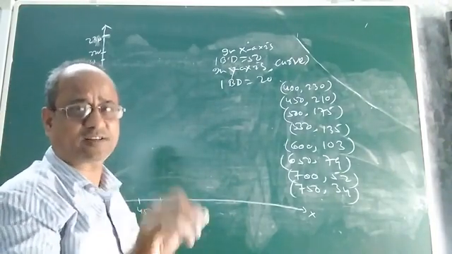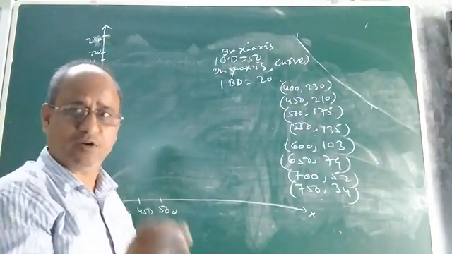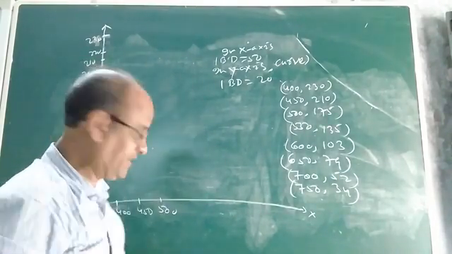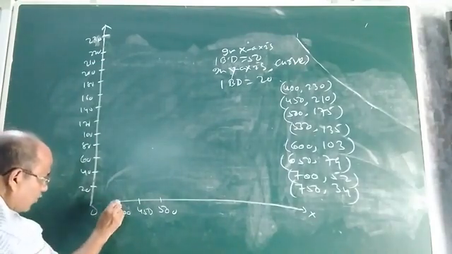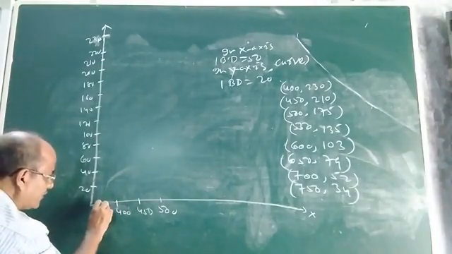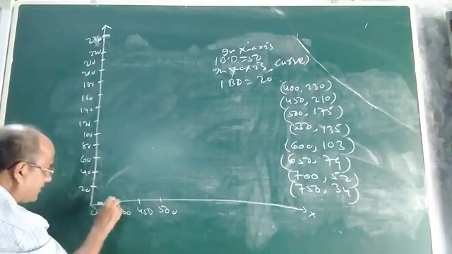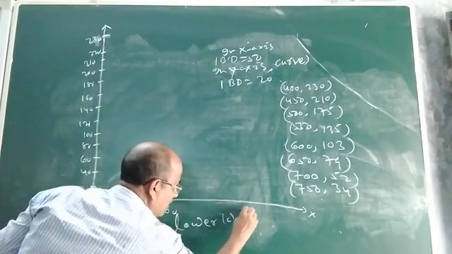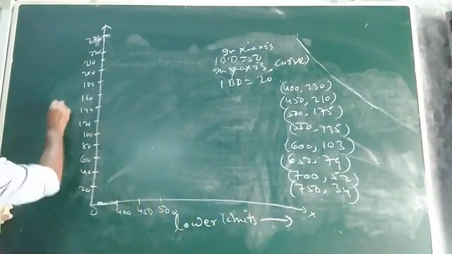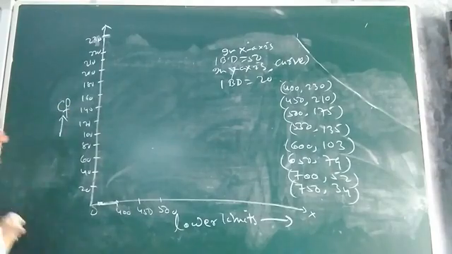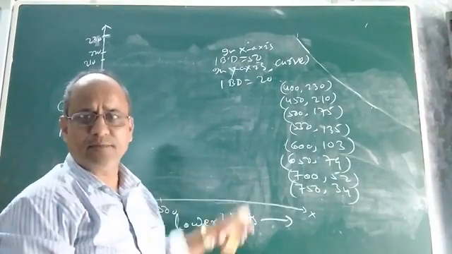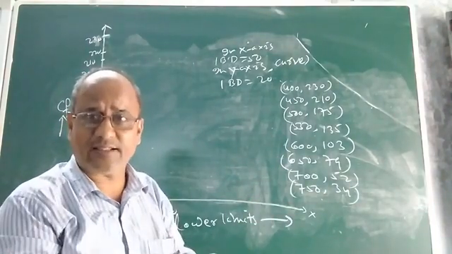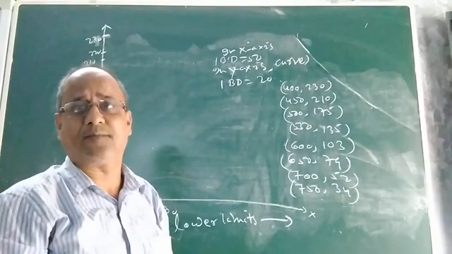And you know, if scale does not start from the origin, we have to give a kink. We already know it in statistics, I mean histogram, frequency polygon in class 9. So as the scale starts from 400, not from the origin, you have to give a kink like this. So these are lower limits. You are taking lower limits along x-axis and cumulative frequencies along y-axis. We are plotting the graph between lower limits and their corresponding cumulative frequency in order to get the more than type ogive or more than type cumulative frequency curve.